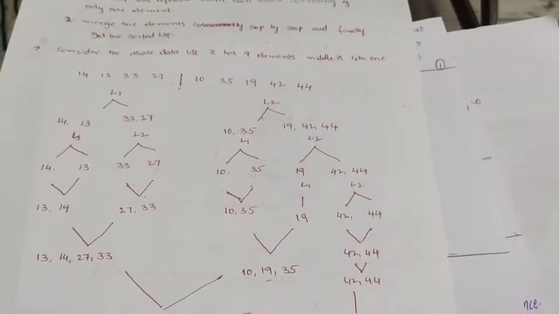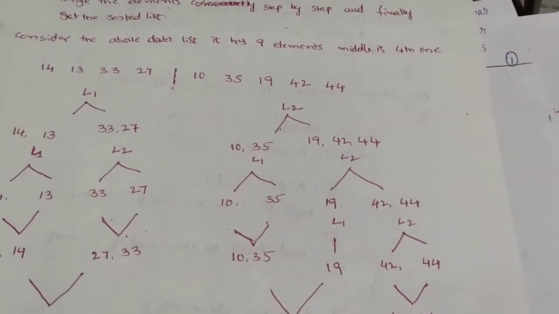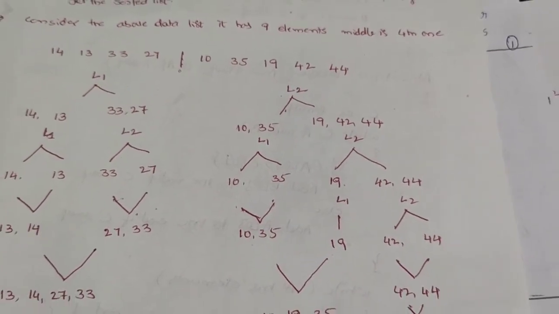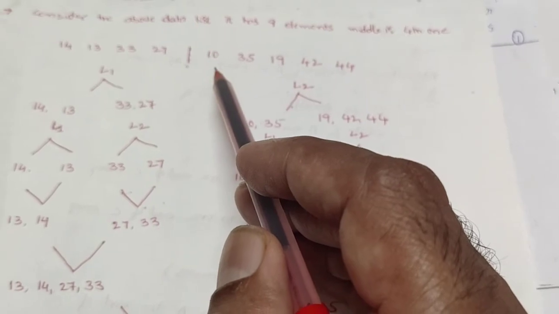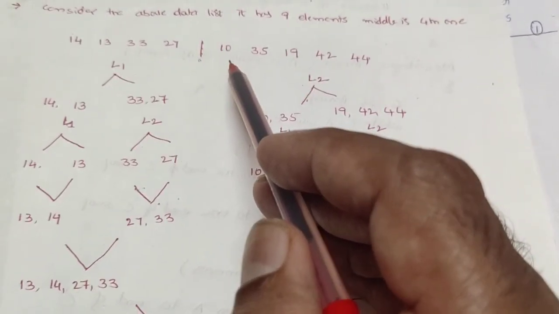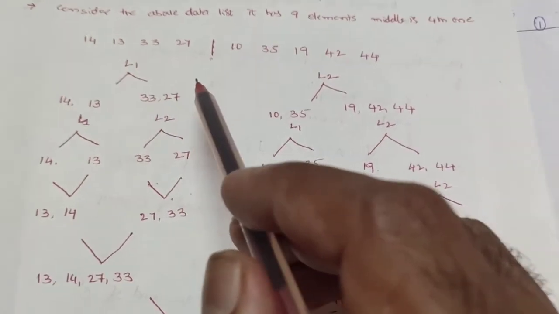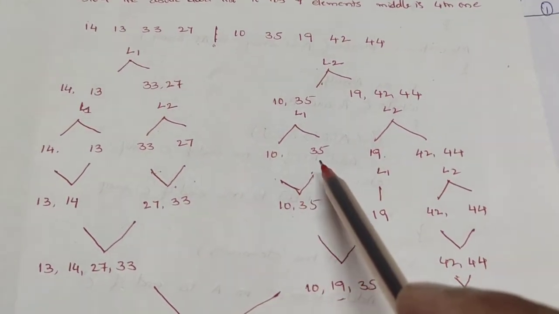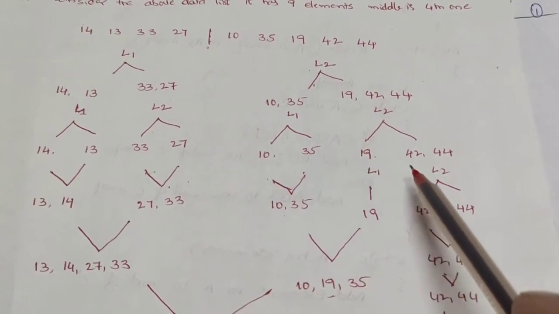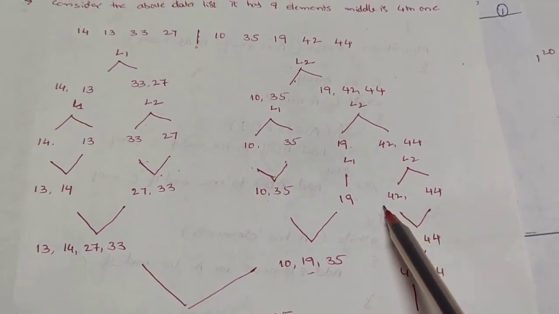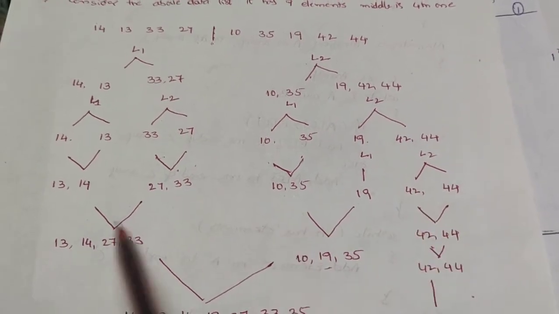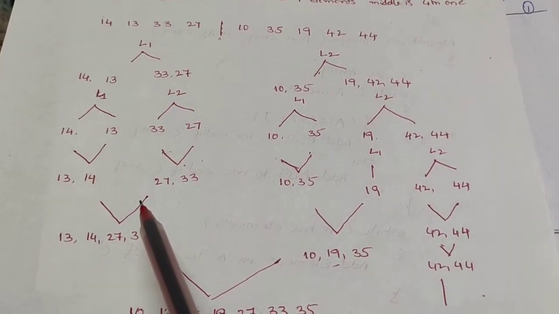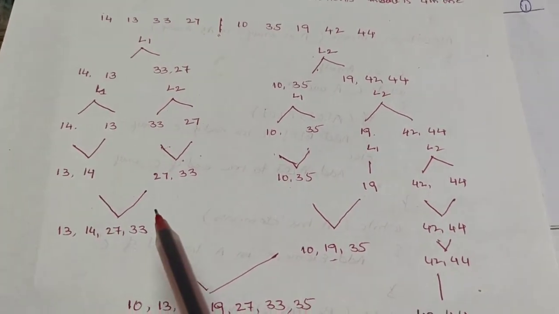So once again, please observe carefully. This is divided into lists, one element at a time. At the top, I divide into only 2 sublists, then these sublists are divided into 4, and each and every element is divided, that is 8 sublists, and finally there are 9 sublists because 9 elements are there. And again, after dividing into lists of one element each, I try to merge.